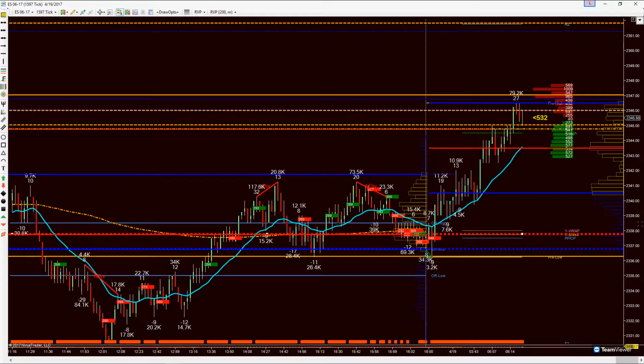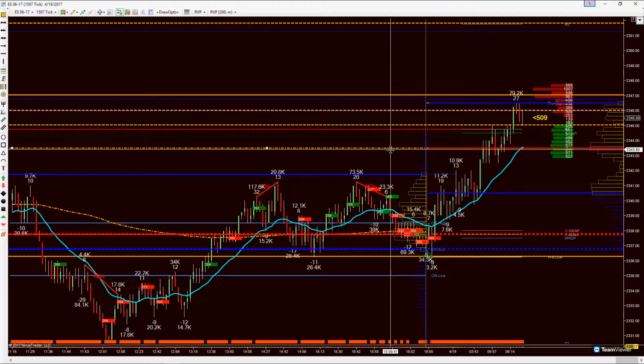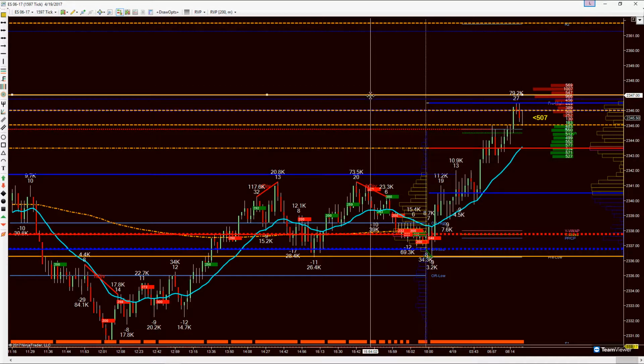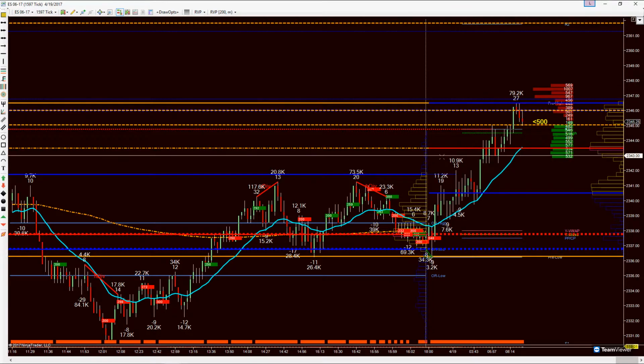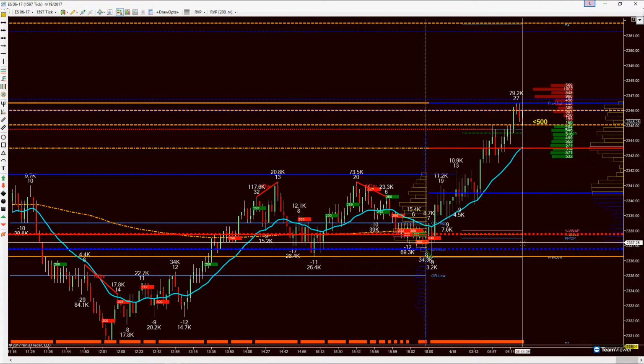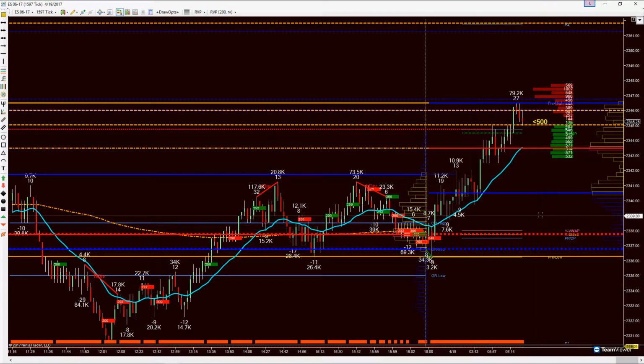I seem to be missing a VPOC, or I probably didn't finish it yesterday. All right, anyhow, I'll get that done. Missing a value area level, not a VPOC, I'm sorry. There's overnight VPOC, overnight high. So I have overnight high, overnight VPOC, overnight low, value area low, and VPOC, but I don't have